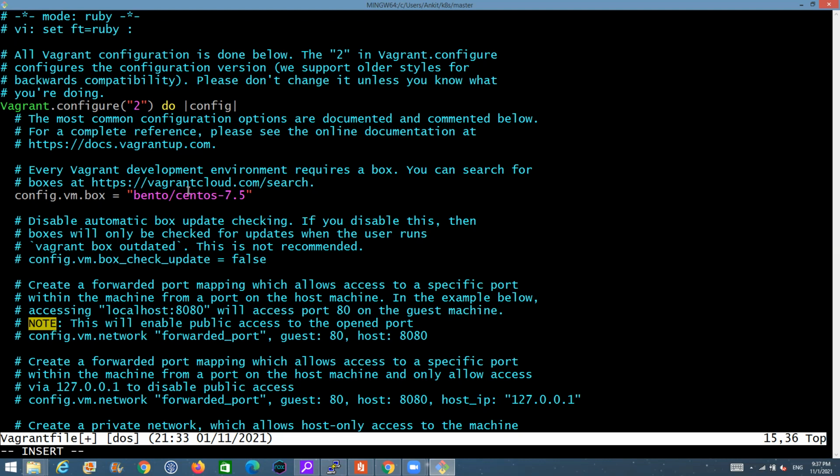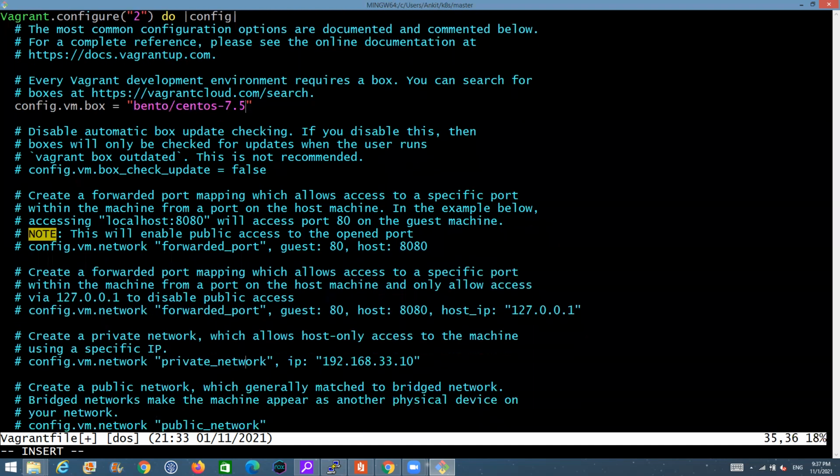Now, what happens here is that when you run the vagrant up command, you have provided the machine that you want to create. So Vagrant is going to check on your local machine if you have that image. If you don't have it, then it's going to automatically download from Vagrant Cloud onto your machine. Now you don't have to do anything. You just have to provide the machine name. The rest of the things are automatically taken care of by Vagrant for you. So don't worry about downloading any image or anything. Vagrant automatically takes care of it for you. It's all automated.